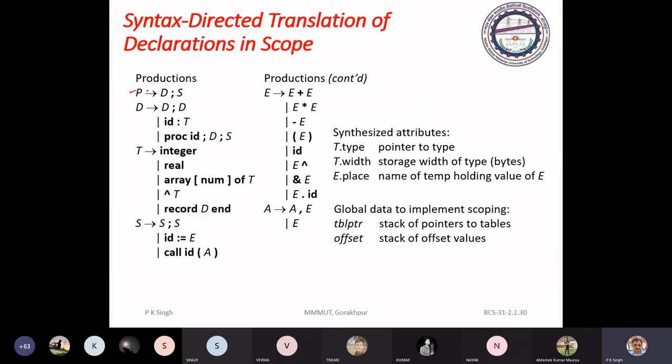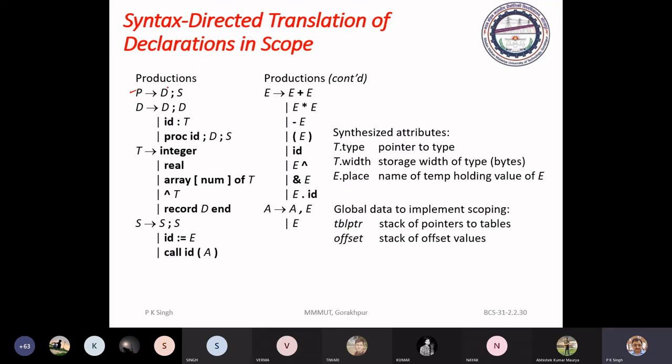P is a non-terminal for the program, and to generate the syntax tree or three address code for a program, you have to reduce the entire program to this P only. Then you will get success.